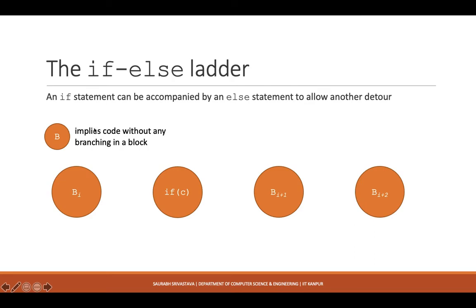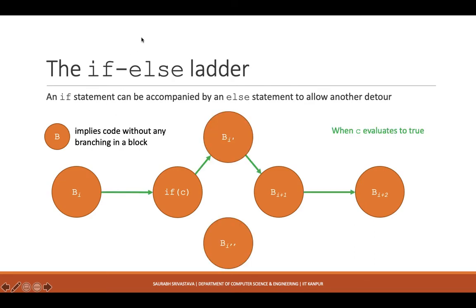Similarly, if you want to have a kind of two-way branching, you can use an else alongside your if. Again, you have already seen this in the pseudocode. It's just becoming more formal now. So what happens is something like this. You have this condition here. If it evaluates to true, it goes to bi dash, and if this condition evaluates to false, I have given another code block. So essentially, my path goes like this then.